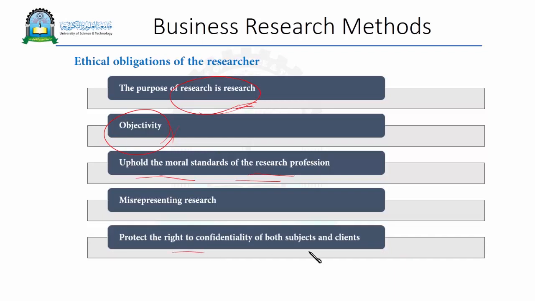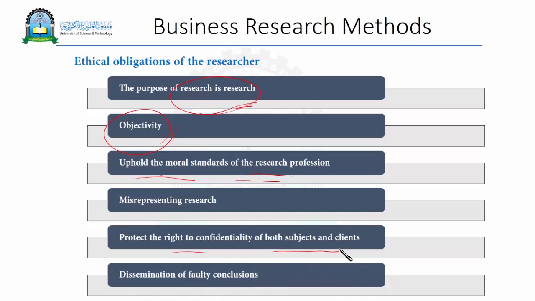Protect the right to confidentiality of both subjects and clients, and this is very, very important. So when you collect data, mostly in quantitative research, when we distribute the questionnaire, we write an introduction or a letter to the participants, telling them that this is confidential, don't even write your name, and we use the data collected from you for the purpose of research and development and not to harm anybody, and we will keep every data collected from you confidential, and we are not going to show anybody not related to the research. Then the dissemination of faulty conclusions: whatever findings you got, you have to disseminate and publish them as they are,